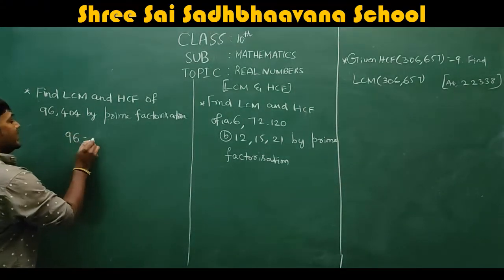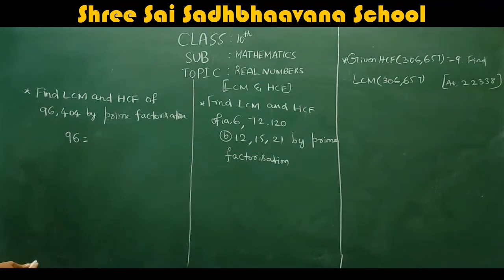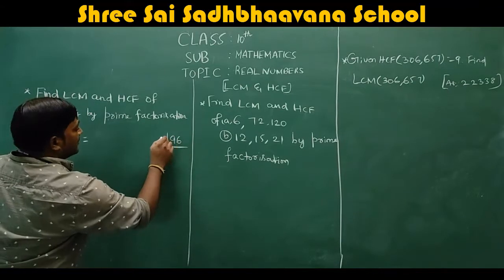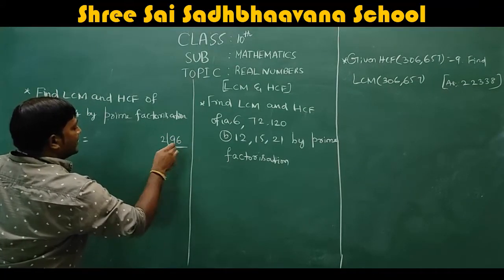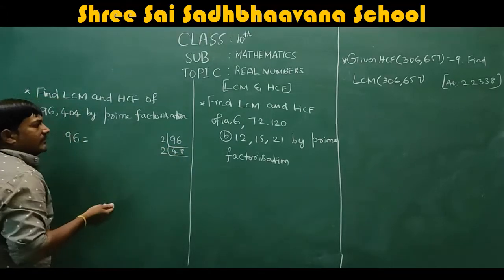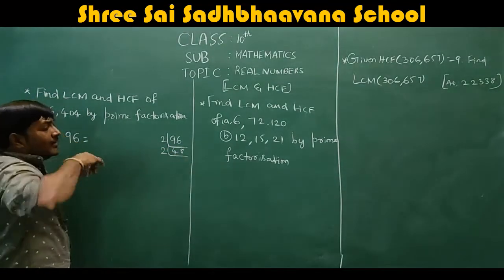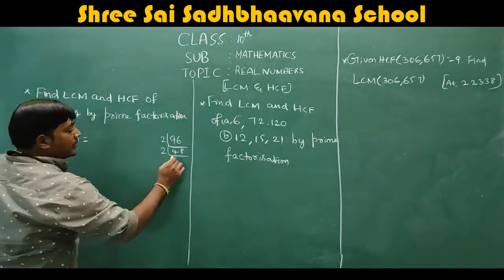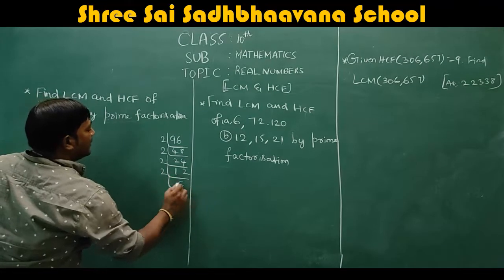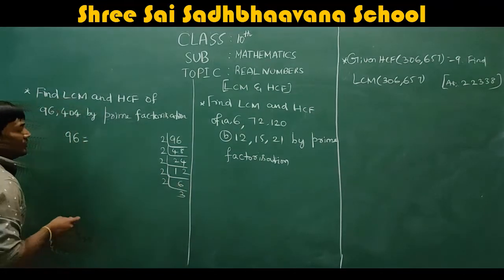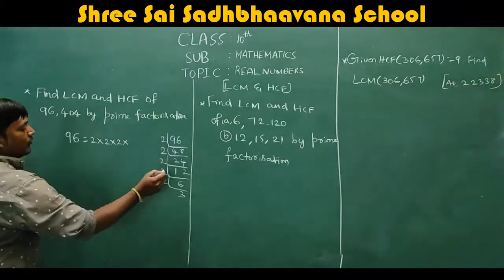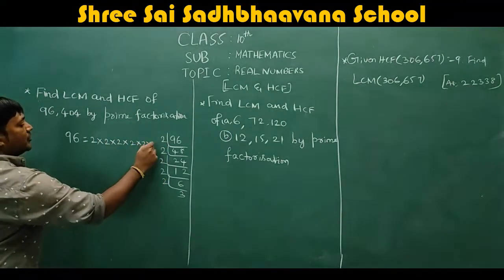We have to write 96 in terms of its prime factors. So what are the prime factors of 96? 2 4s are 8 and 2 8s are 16. This sum I solved in the last class also, but I am solving it again to make you clear with the concept. 2 24s are, 2 12s are, 2 6s are, 2 3s are. If you see like that, it is 2 into 2 into 2 into 2 into 2, how many 2s? 1, 2, 3, 4, 5. 5 2s into 3.